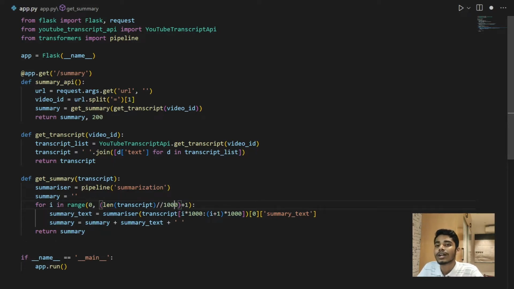Unfortunately, the transformers summarization model has a limitation. It can only provide the summary of a piece of text that is smaller than 1000 characters. If we pass a string that is greater than 1000 characters, it will show an error. To avoid that, we break up our string into multiple parts of 1000, and then we run the summarizer separately on each of those parts of 1000 characters, and then we combine all of them to